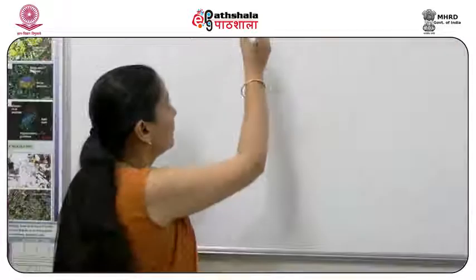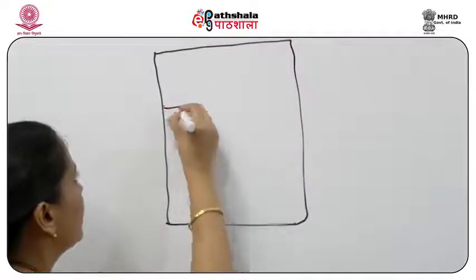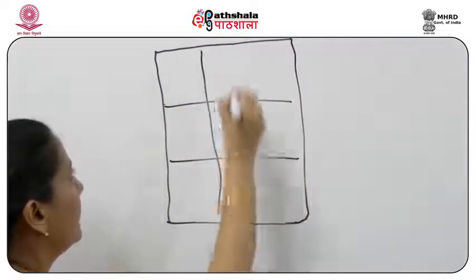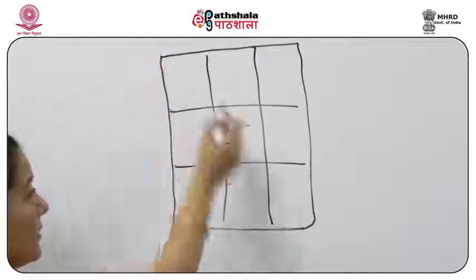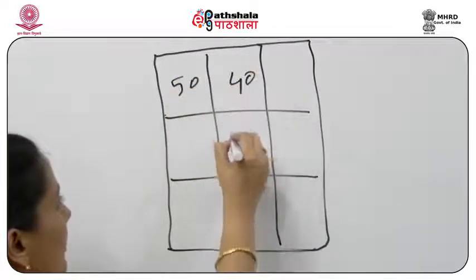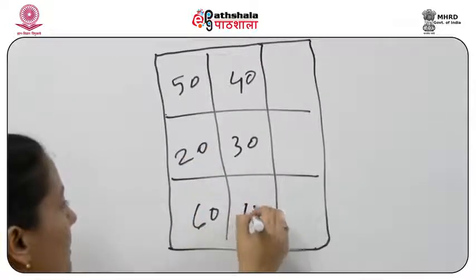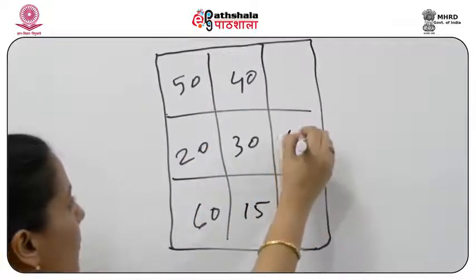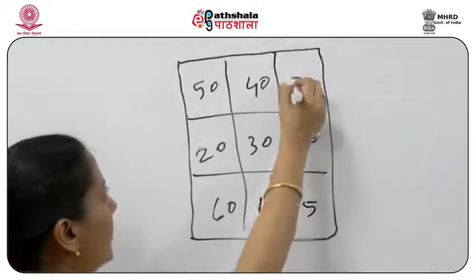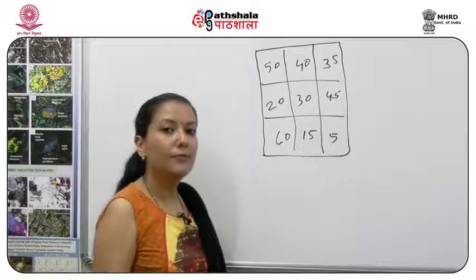Now, how do you obtain a direction of the flow? First, you need to create a slope map. So, suppose you have a raster here and it's divided into 9 cells here, and it represents an upstream to downstream data here. So suppose this is 50, 40, 30, 20, 60 again, 15, 5, 45 and 35 here. So this is your raster data. Now we need to calculate here the flow direction.